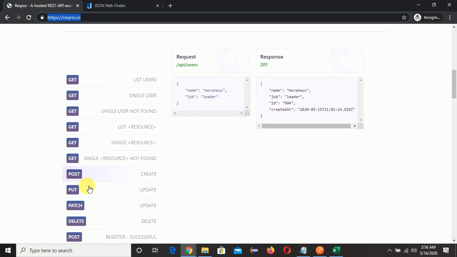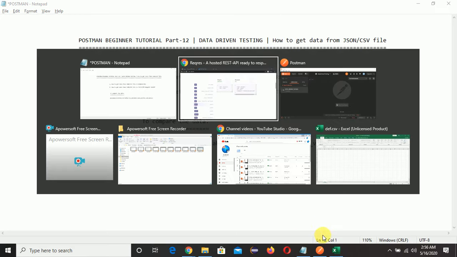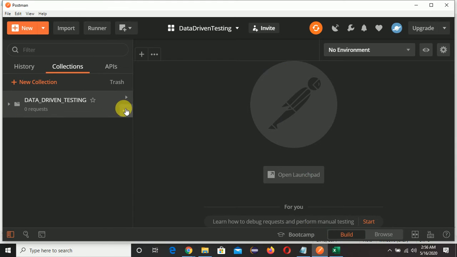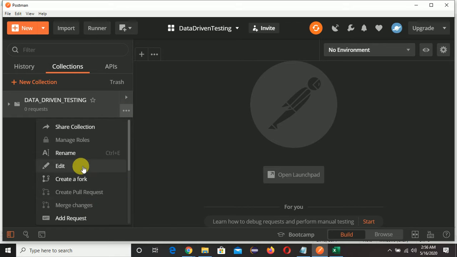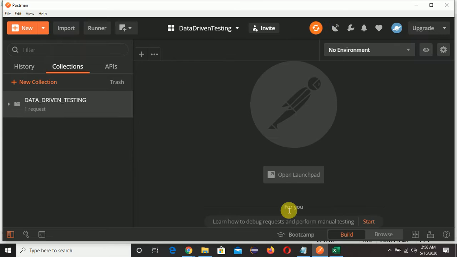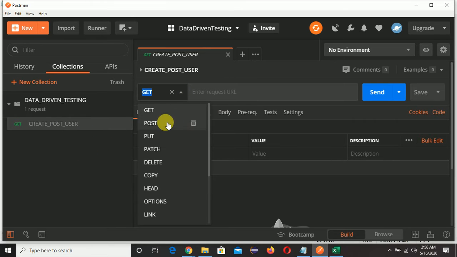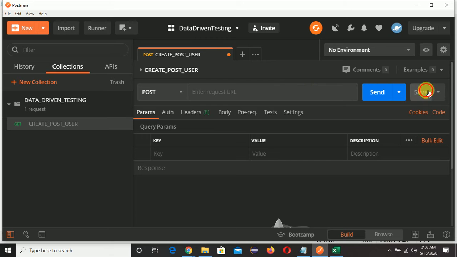I'll be using the post create API here. So let me create one post API. Click on this three dot, click on add request, give the request name as create post user, and click on save to data driven testing. By default this is a get request, so we need to change it to post. Click on post. Now save it.